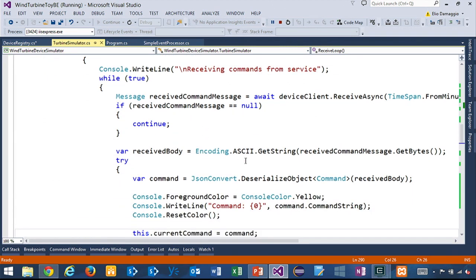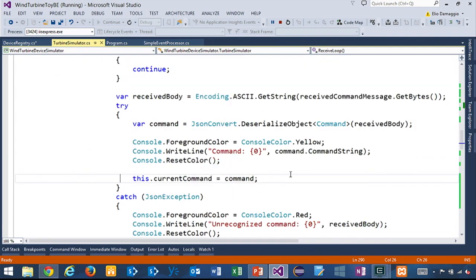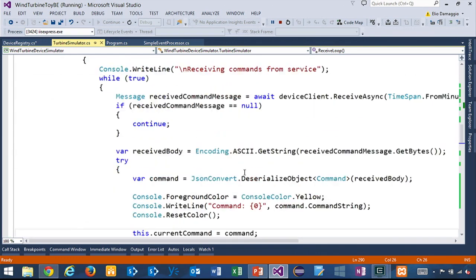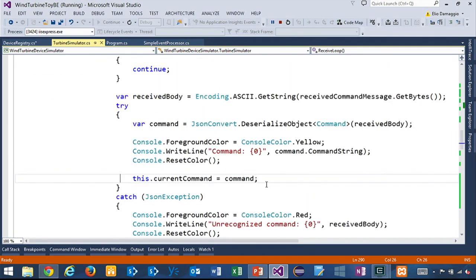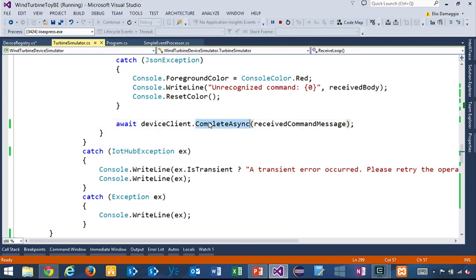The received body is deserialized, and of course here, if something goes wrong with the deserialization, I have to handle that condition, and I set the current command with the command. When this happens, I complete the message. This effectively tells the IoT Hub that this message was successfully processed. Now, what happens is that since this is a long-running process, when the start or the stop operation finishes,